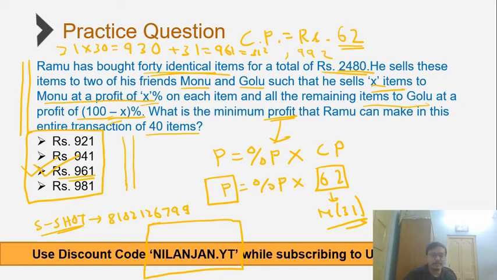Simply stick to the rule of factors, because that is something that will work not just in algebra but across the entire spectrum of quants, including geometry, PNC, probability, everywhere. If you're multiplying a number by a prime factor like 31, the answer will also contain the prime factor of 31. Hence the answer is option C, rupees 961. Any questions, anybody?